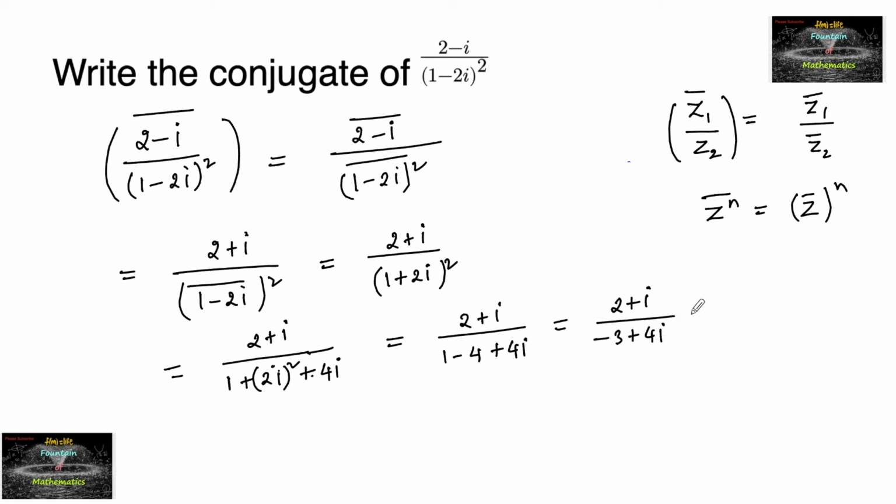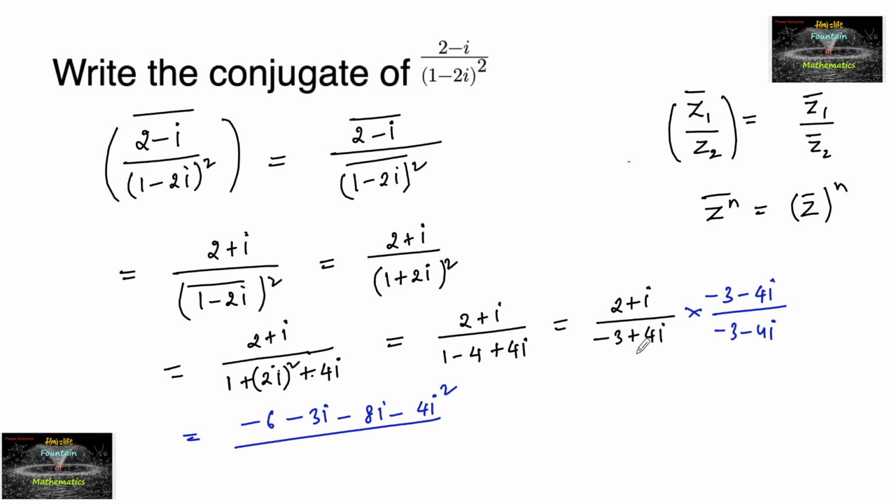So let's multiply and divide with its conjugate, minus 3 minus 4i upon minus 3 minus 4i, which is equal to 2 into minus 3, that is minus 6, and again minus 8i, and minus 3i, and minus 4i square upon, in the denominator,